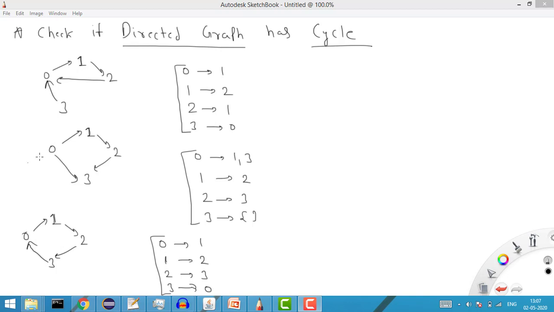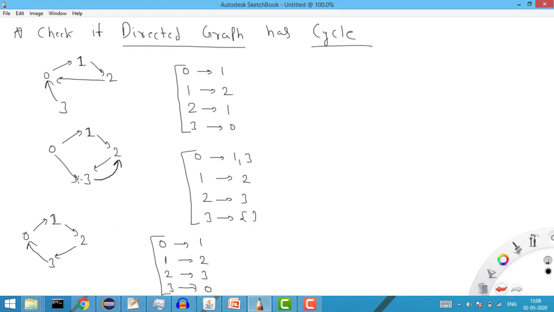Like you see in this case, from 0 can I again reach 0? I cannot reach 0 again, because from 0 to 1, 1 to 2, then there is no path. If I start from 1, I go from 1 to 2, 2 to 3, then again I cannot reach here. Similarly for 2 also I cannot reach, and for 3 also, because there is no path, so I cannot go anywhere. But now let's say there was one more edge like this, 3 to 2, then I can go from 2 to 3 and 3 to 2.